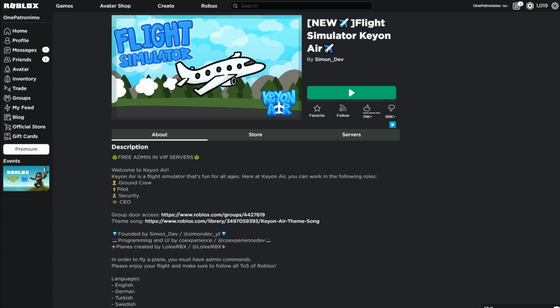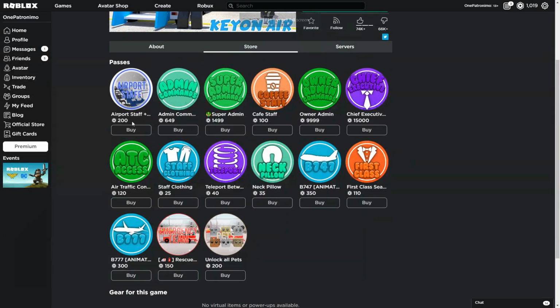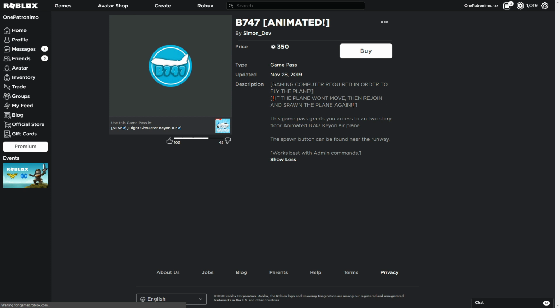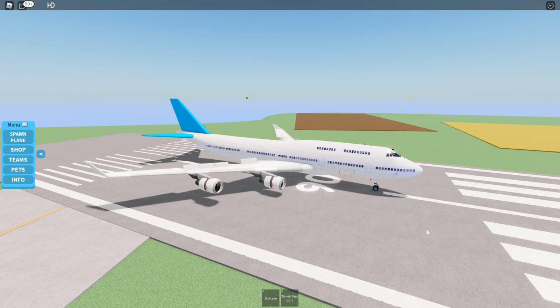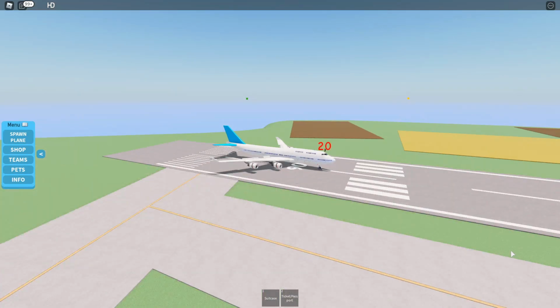I know some of you have been waiting on this one. Keyon Air, like Ely Airport in part 1, is another one of those airline games where you pay obnoxious amounts of Robux in order to get staff positions. However, after being patient with it, I came to find that Keyon Air isn't actually as bad as some people...